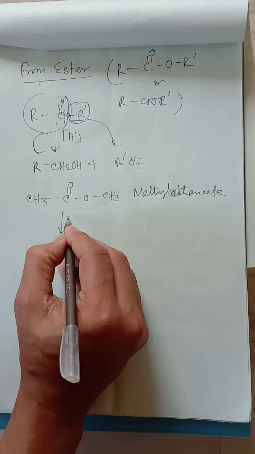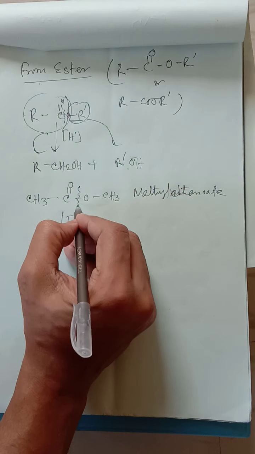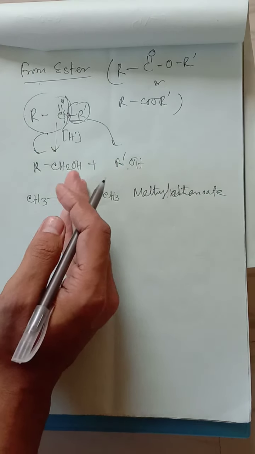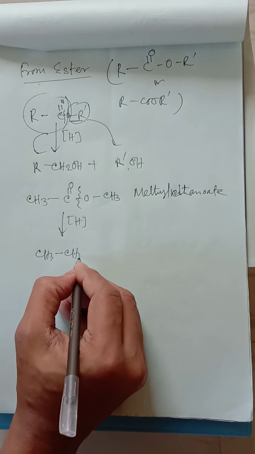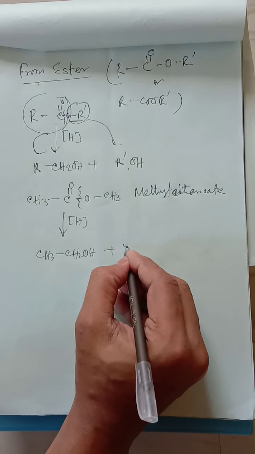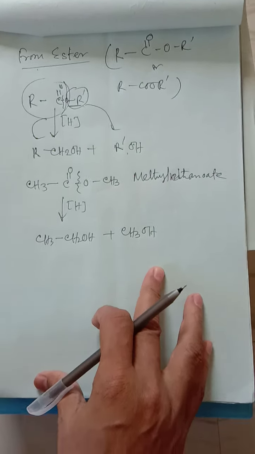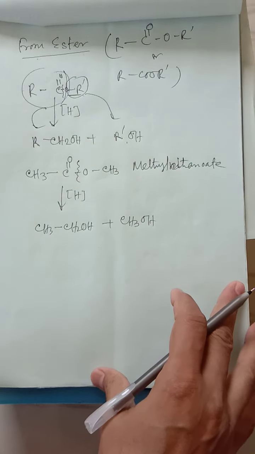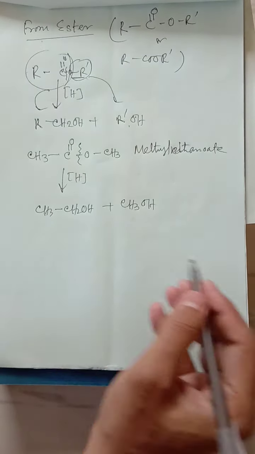So what will be the product after the reduction? I think in general formula it is clear, it will be broken up into this part, left part, right part. So the left part will prepare this one, the right part will prepare this one. So I think it's clear. This is one of the examples I have given. Lots of such examples you can easily find out, you can easily solve it.